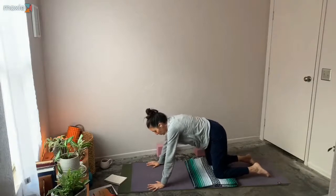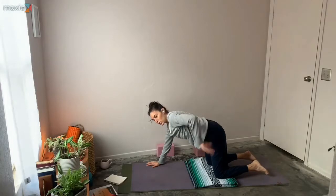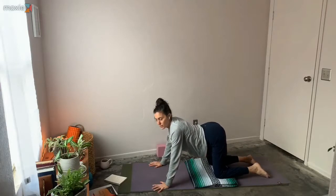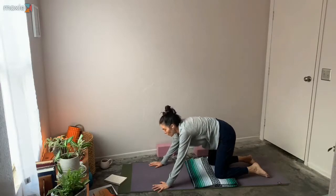And finding a neutral spine first. So gently draw that low belly in and up. So if you think of the belly button coming towards your mid-back to create some length in the spine here. Then on your next inhale, feel those hips lift up, low belly sinks down, heart shines through, chin comes up last. As you exhale, tuck the tailbone under,